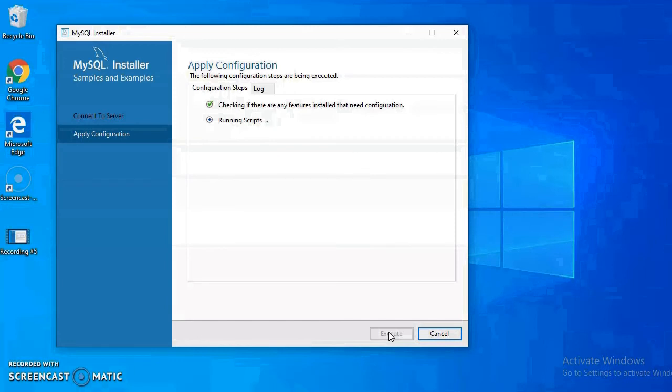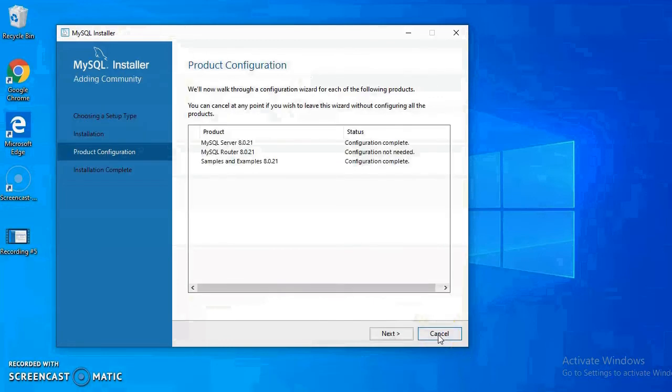You need to be patient while all these things are going on. Then you can click on finish.